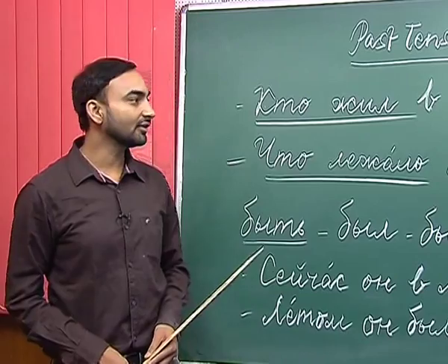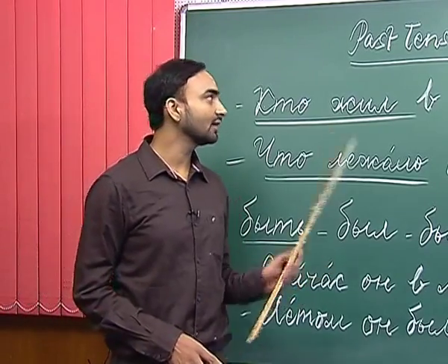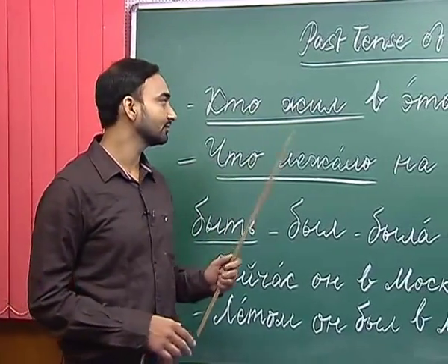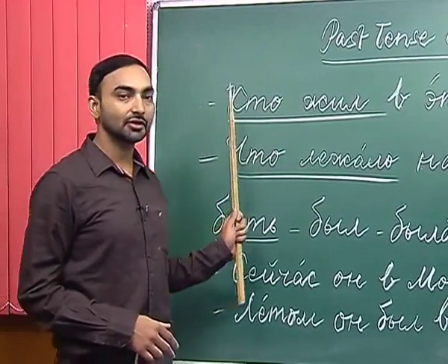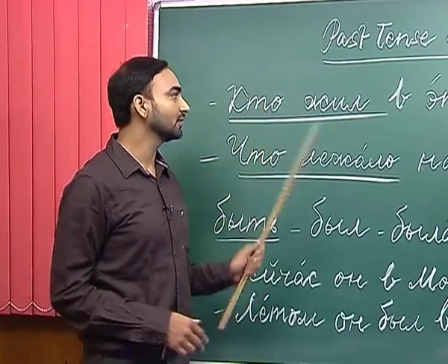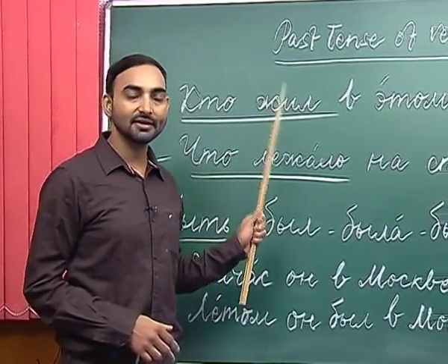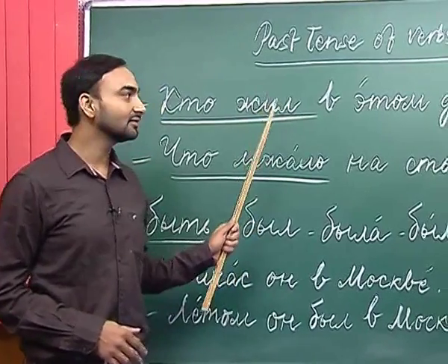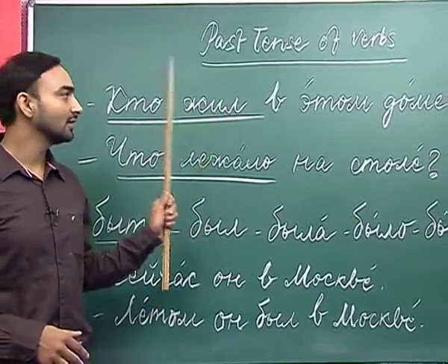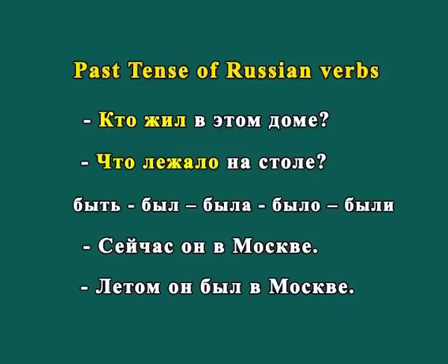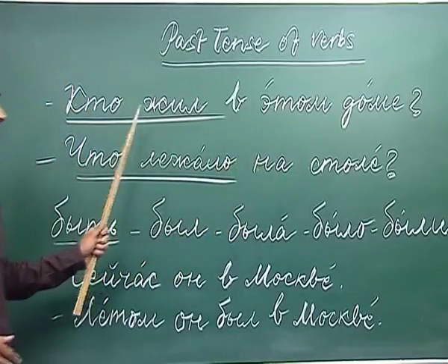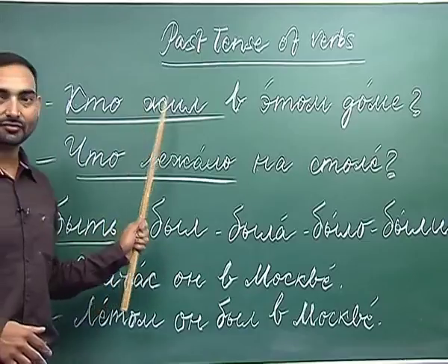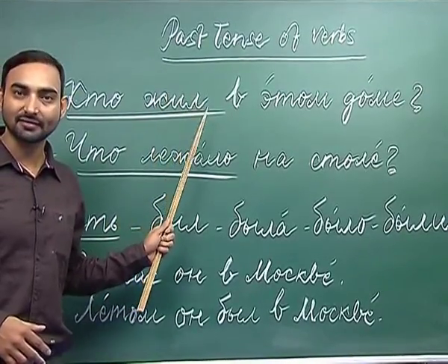Let us discuss some interesting or important features of the past tense of verbs in Russian, and these things are very important. Let me tell you. The interrogative word kto, which means who, requires the past tense form of the verb in the masculine form. As you can see here, I have written: Kto zhil v etom dome? Who was staying in this house? So here kto takes the masculine form of the verb in the past tense,